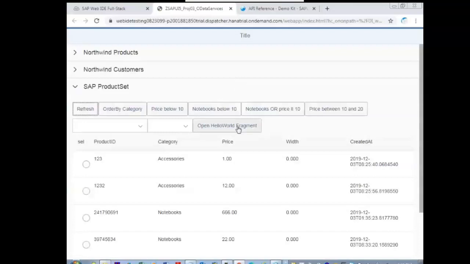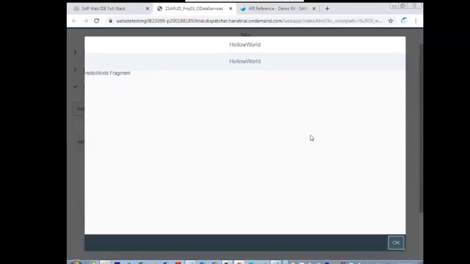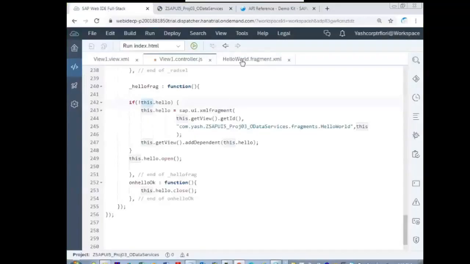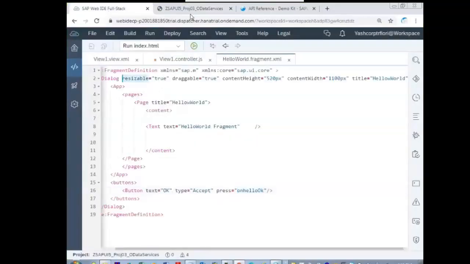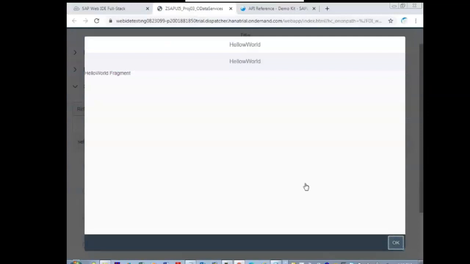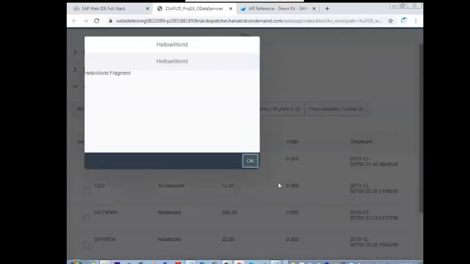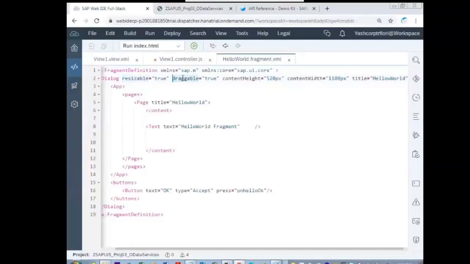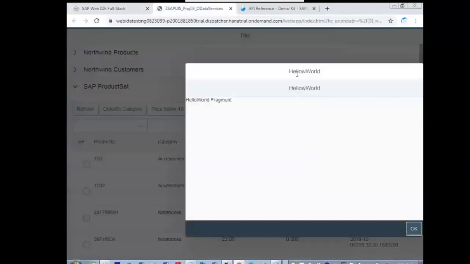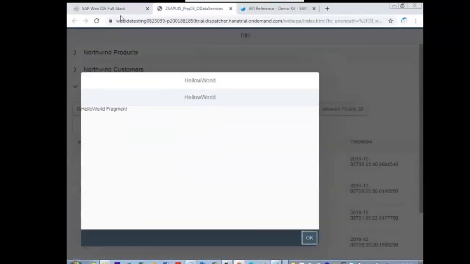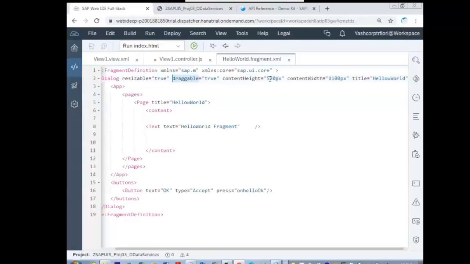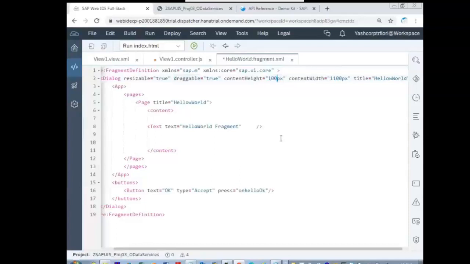So first time let us see this fragment got open. Okay, all the definitions here. Resizable. Draggable. Content height, content width. So let us make it 100 pixels. 100, 100.